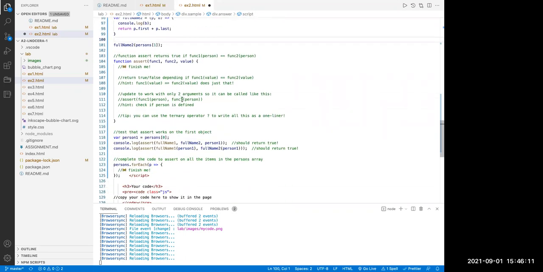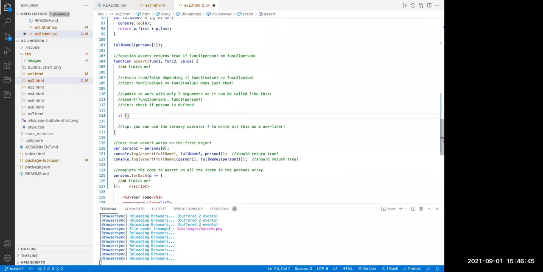Okay. Now the rest here, I'll let you play with it. I think it's fairly simple to do. So here, the only thing is, I think there is a little typo there. So here I'm asking if you can do this assert function so that you only pass function 1 and function 2. You don't pass the third argument, right? And so it's simple. You just need to do a check here if value